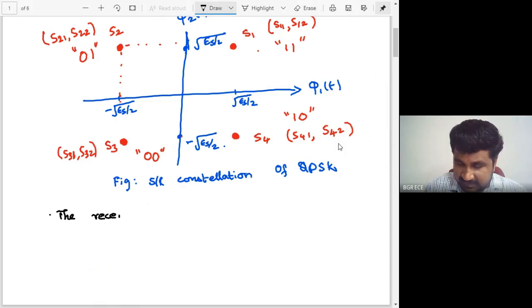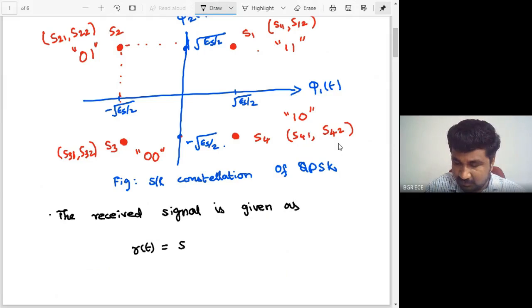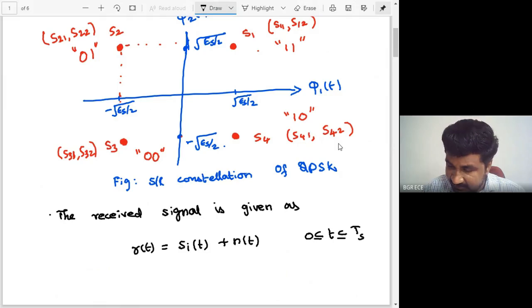The received signal can be expressed as R of t is equal to Si of t plus n of t, for the time interval 0 to Ts, and i is equal to 1 to 4,